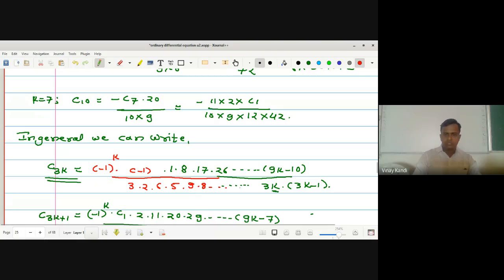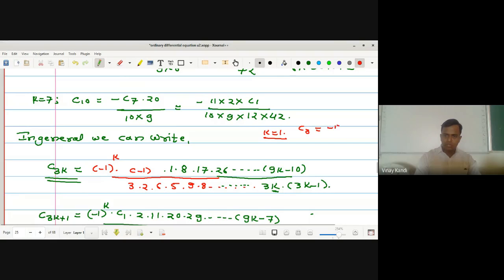These are the terms, and so on. Now put k is equal to 1. What do we get? C3 is equal to minus 1 raised to 1, which is